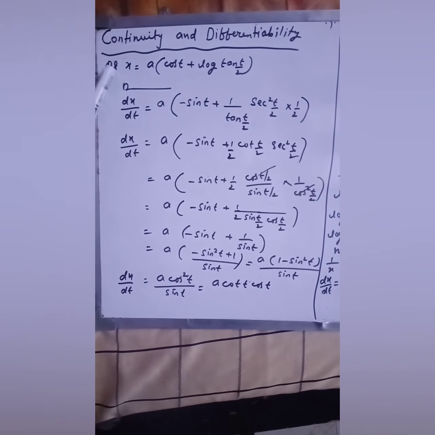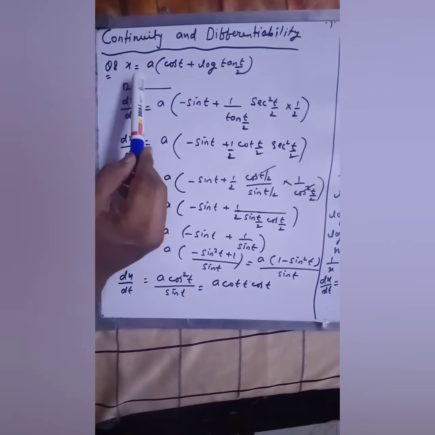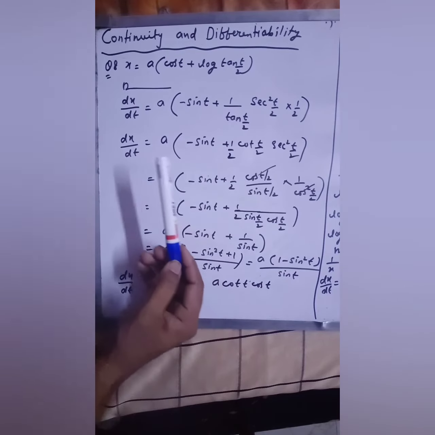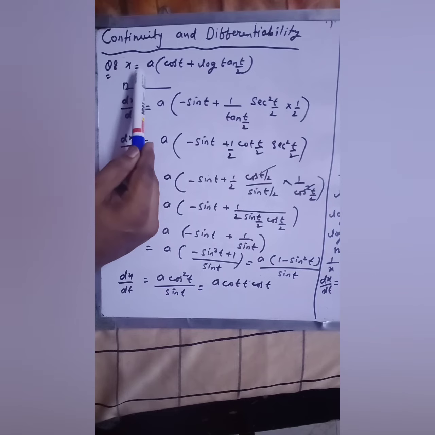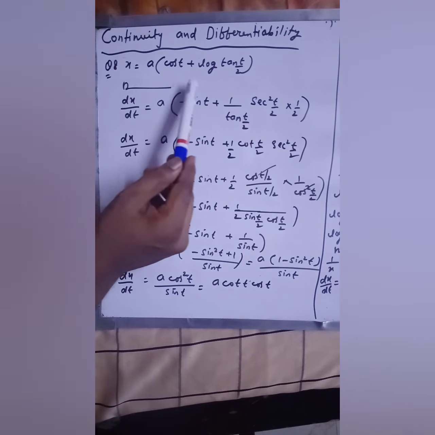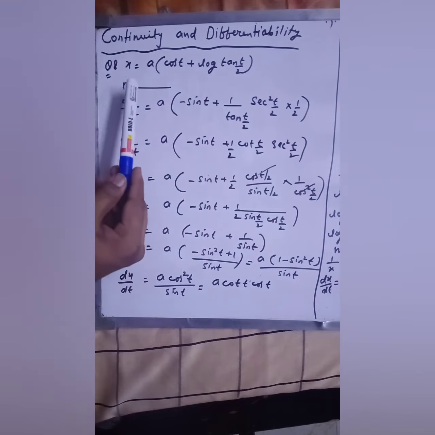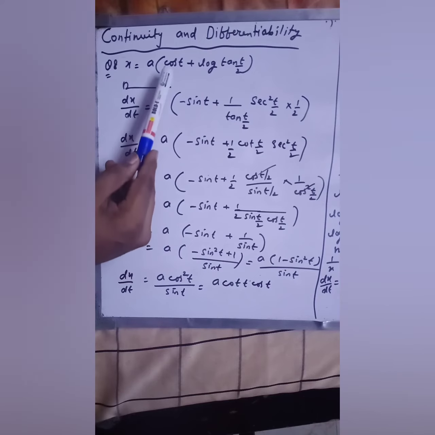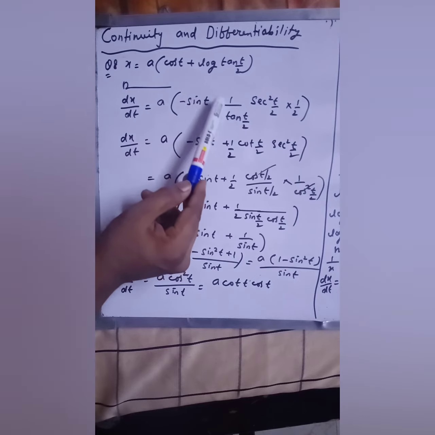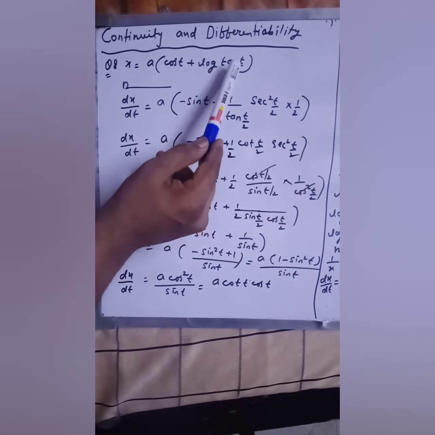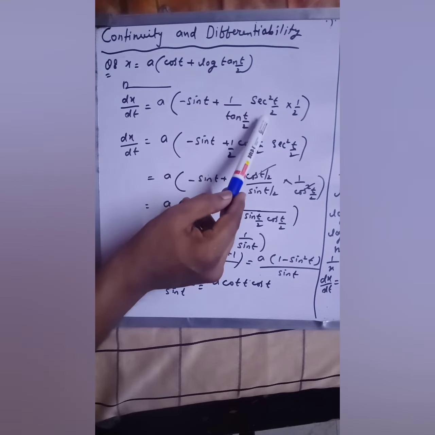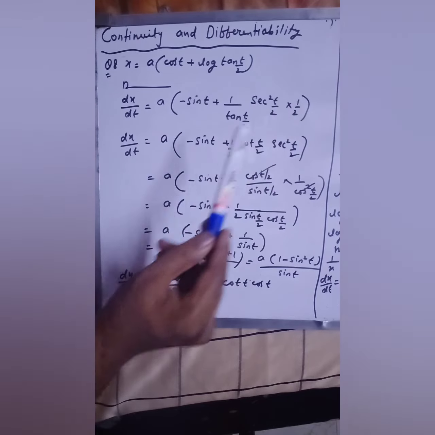Now here is question number 8. Okay. Here x is given to you, this one, and y we will solve on the next page. So I am solving this x first. Here again we are differentiating both sides with respect to t. So here you will get dx by dt equals, you have to copy it, the derivative of cos t, that will be minus sine t, plus the derivative of log tan t by 2, that would be 1 by tan t by 2, into the derivative of tan t by 2 which is sec square t by 2, and the derivative of t by 2 is 1 by 2.